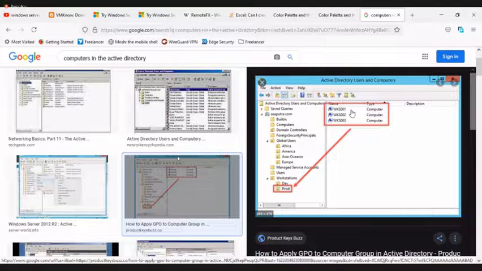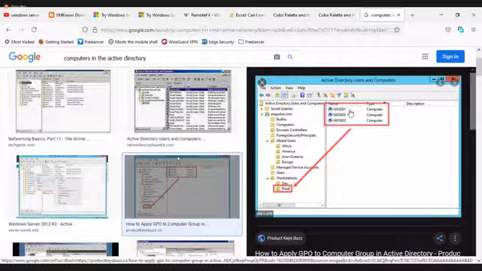If you have 30 computers in the lab, then you have 1 to 30; if you have 100, then 1 to 100. The IPs we also assign the same way. If the computer name is 1, then the IP will be 1. We do that because it's easy to manage.